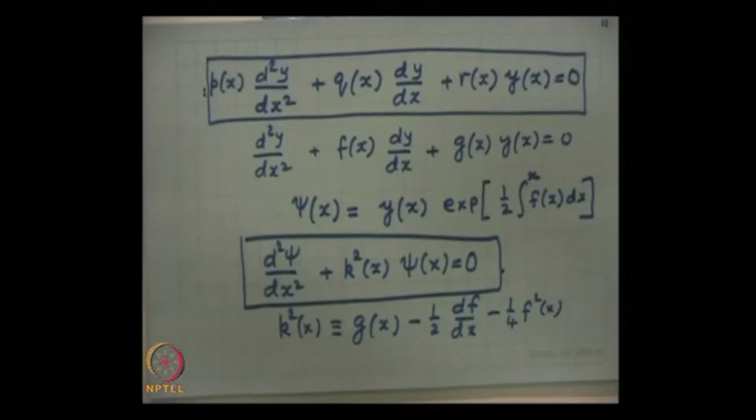That concludes our discussion on the JWKB approximation, in which, to summarize, this is a very powerful method for solving a second order differential equation in which k square of x is assumed to be a smoothly varying function. It should not be very rapidly varying, it should not have too many zeros, because if it has too many zeros, then you have to hop from one turning point to the other, but that in principle is possible as long as the variation of k square of x is fairly smooth,